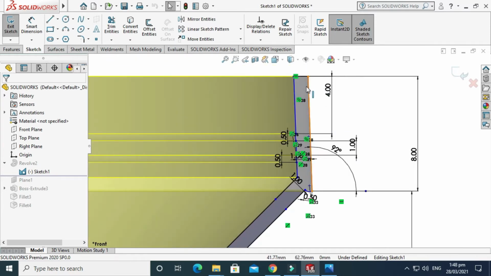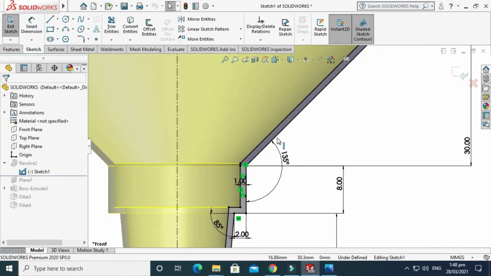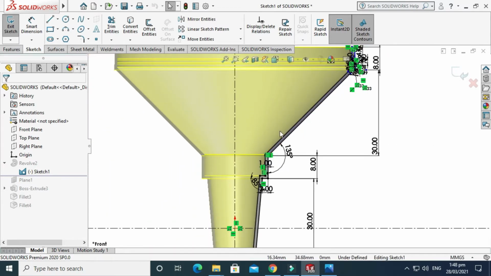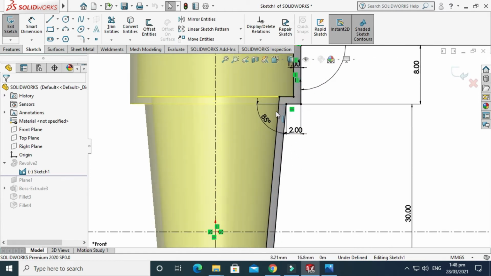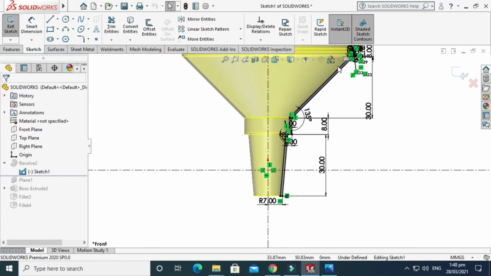And this is 2 degree, and there is a draft, and also there is a 135-degree angle of the tapered side of this funnel, and also a 5-degree angle from the bottom of this funnel.